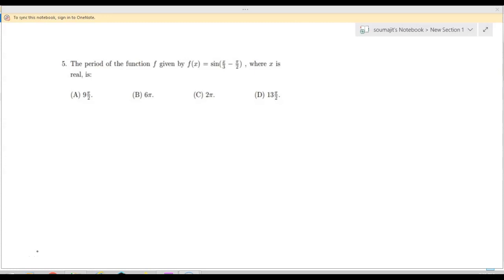Okay, let us solve question number 5, which says to find the period of the function f(x) = sin(x/3 - π/2), where x is real. So we have to find out the period. We know that